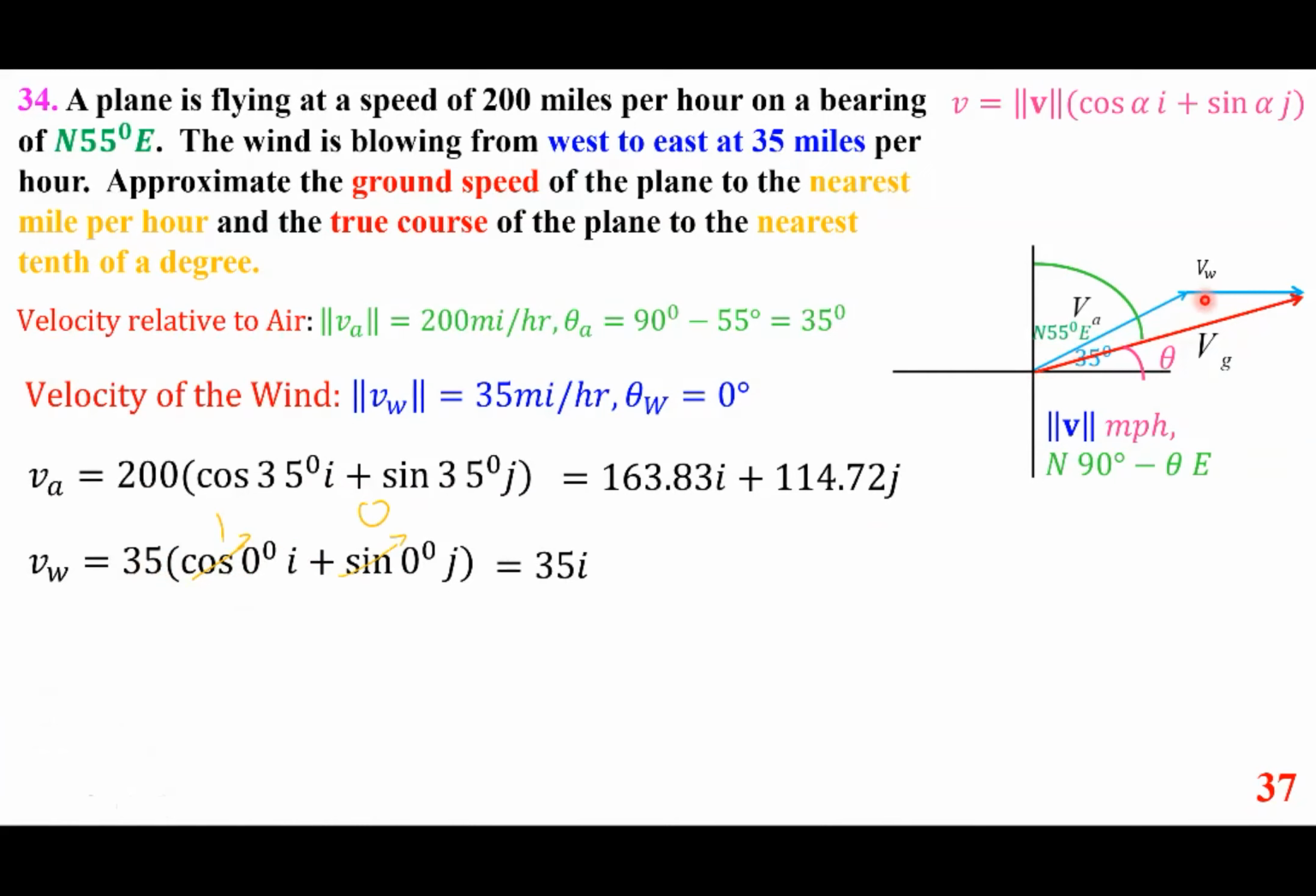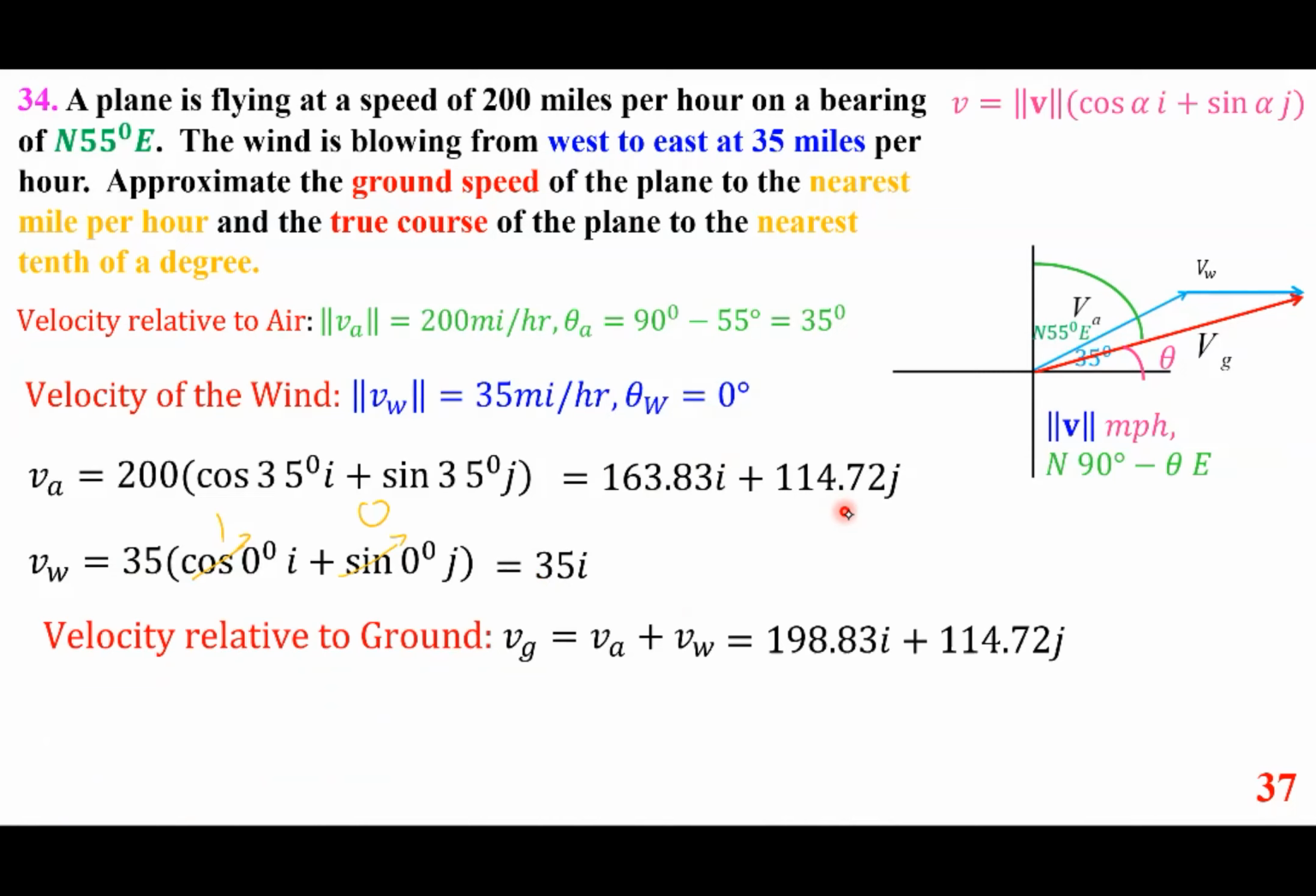And as you can see, the two add up. So what do we do? We add up their components. And these are the two that get added up, and this remains unchanged. 35 and 163.83 gives us 198.83i plus